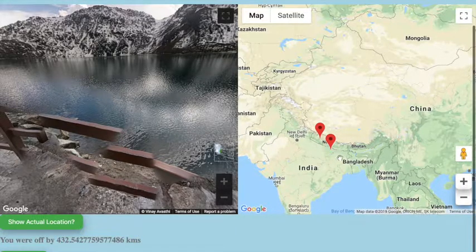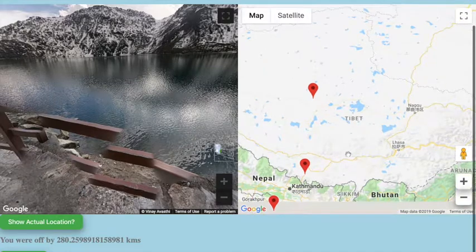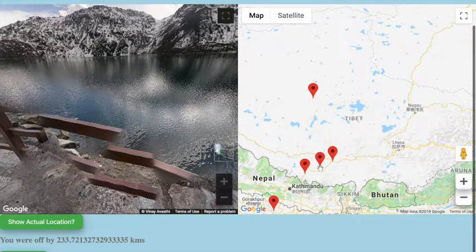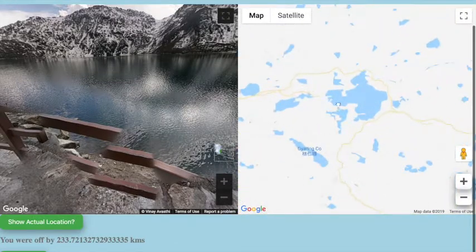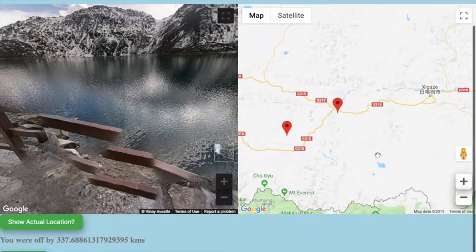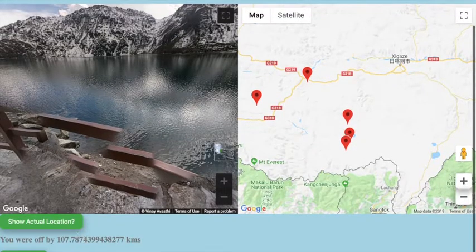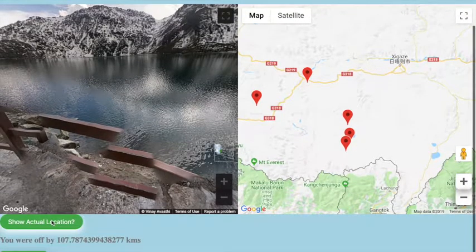So how about I move this way? See, we're getting closer. So maybe it's in China. Let's move up. It's a little bit farther. Click somewhere in the middle so we can see we're getting even closer there. How about over here? A little bit closer, farther. So let's move deep into Tibet, huh? A little bit farther, back this way. You get the point where you can click around and it shows you about how far off you are, and then at the very end you want to decide how far off we were really.